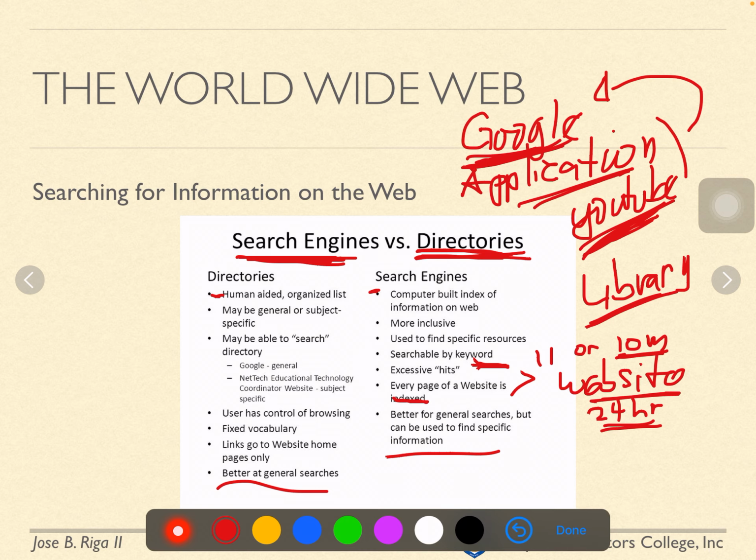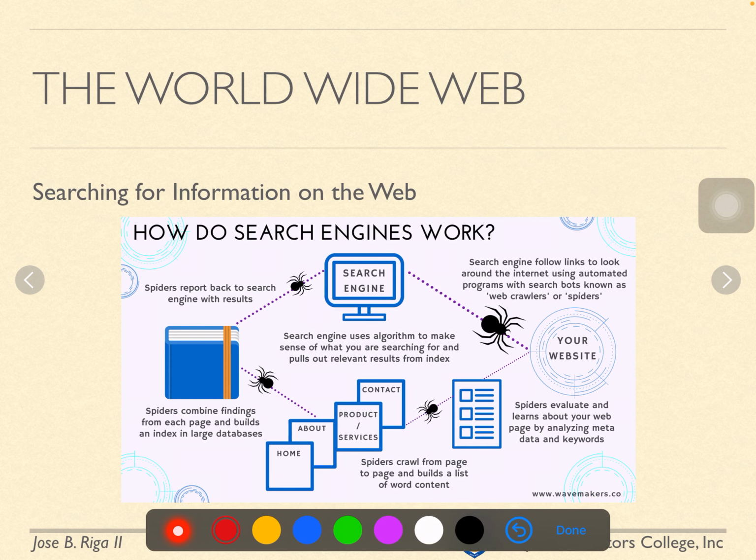I-index pa nila yan. Okay? Next is better for general search but can be used to find specific information. Now, for searching, we have here how search engines work. So, we have the crawlers or the spider. The search engine follows the links to look around the internet using automated programs known as